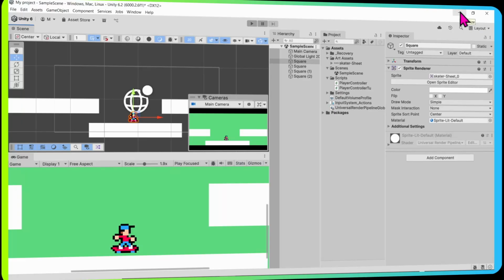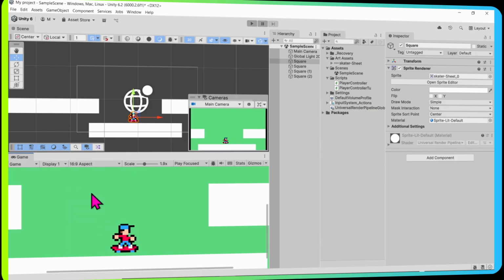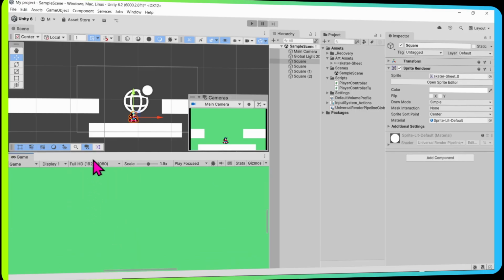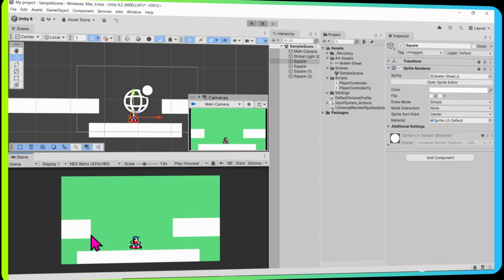When you're using Unity, you might want to create multiple screens to see how your game will look. So on the game window, what we're going to do is to create some screens. Here where it says free aspect, we can change it to a 16:9 aspect ratio, 16:10, or we can use a full HD resolution. Here, I have some custom screens where I can set this to a NES retro look,